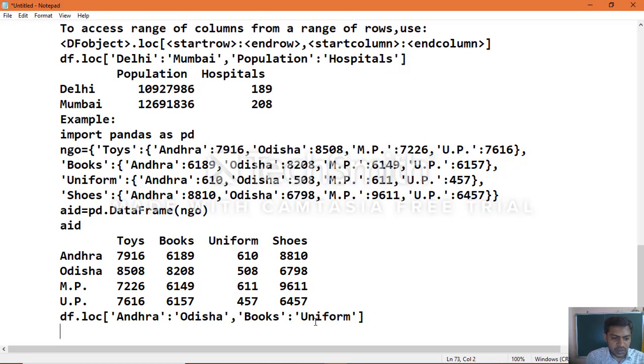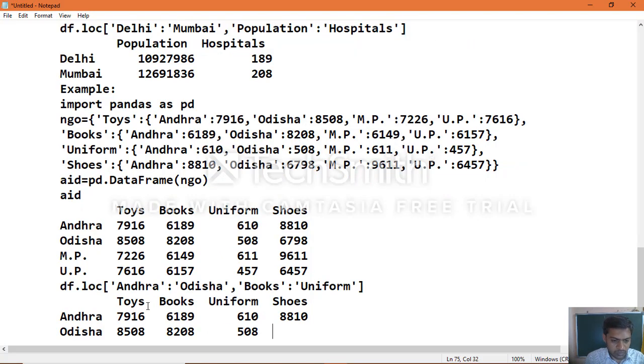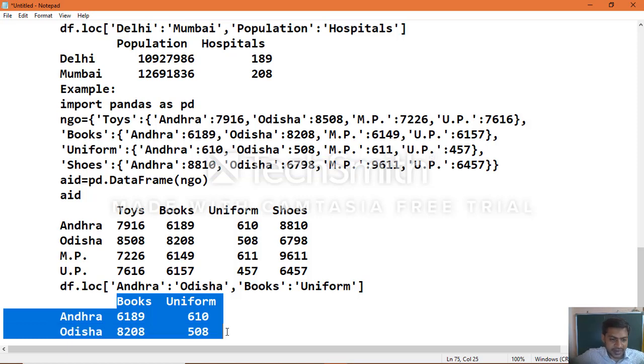Okay, now we will get the output. This is the output we will get for this particular example, which they asked us to get.